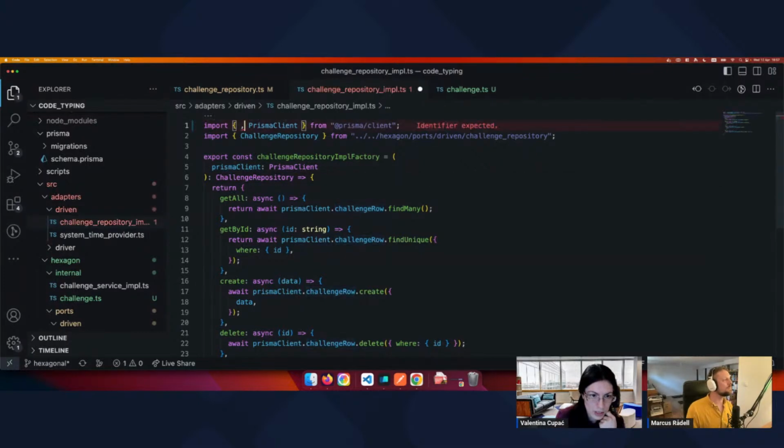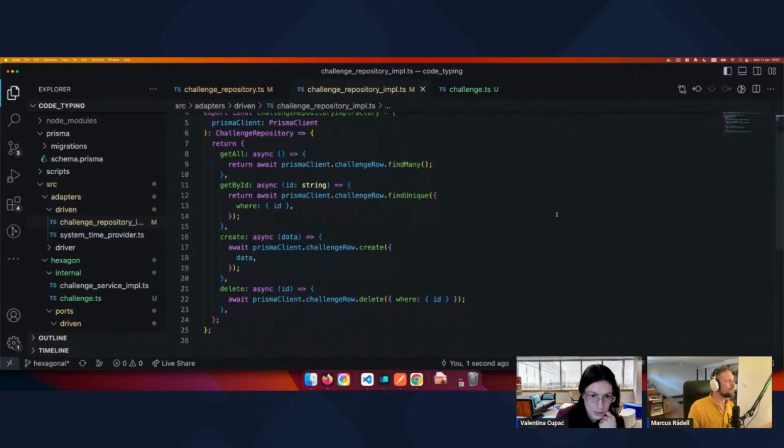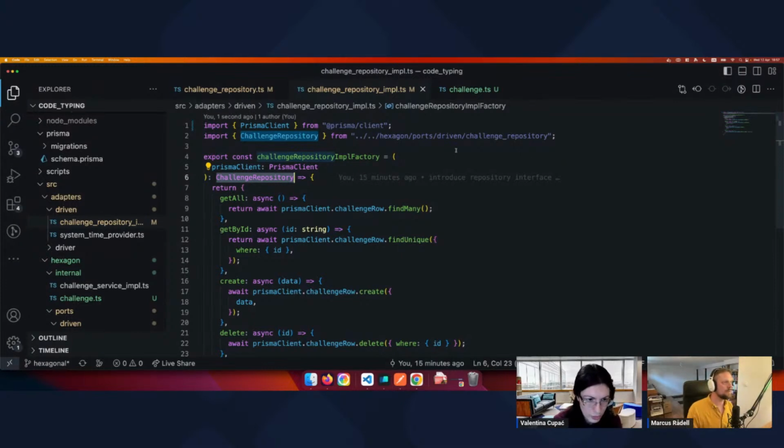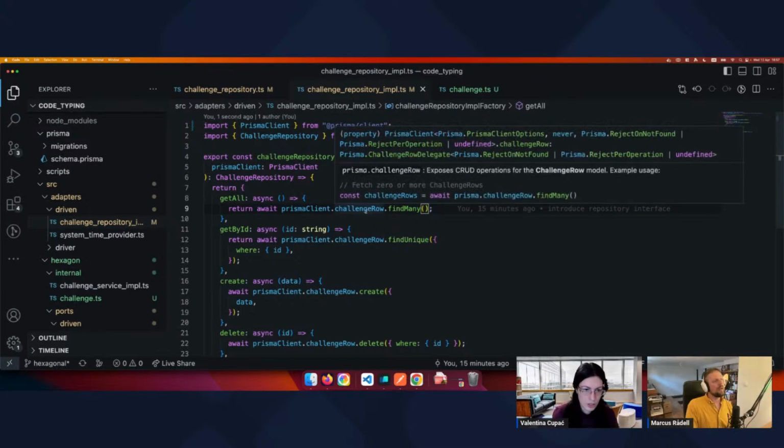So this one uses challenge repository now. I have a comment. For example, on line 9, it is returning challenge rows. We need to convert challenge rows into challenges. Similarly,